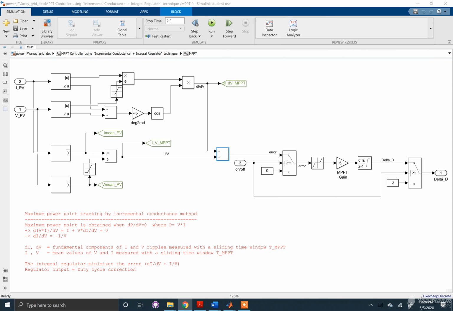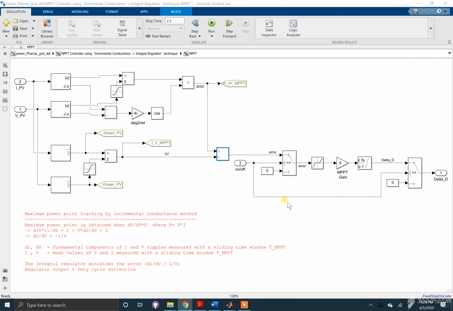If the signal is equal to 0, nothing changes. The duty cycle is appropriate, it's producing the right output voltage, and nothing needs to change. If the signal is greater than 0, the duty cycle will need to decrease, and that will be adjusted in the next testing cycle. If the signal is, sorry, less than 0, the duty cycle will need to be increased. And then over here we have some components that act as the integral regulator, which will regulate aspects of the